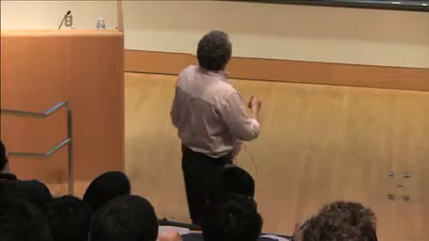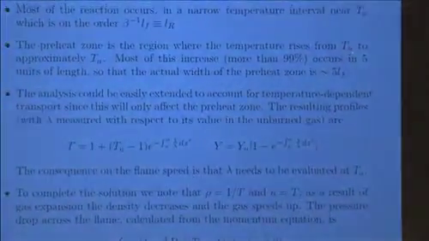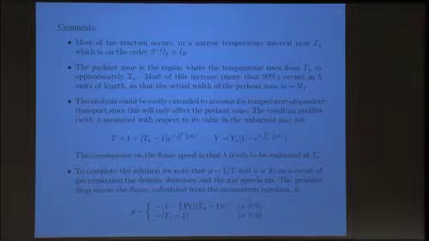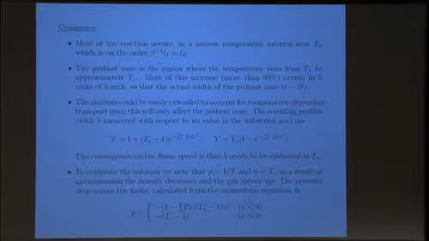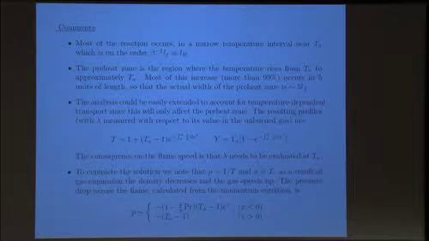So if LF is typically a fraction of a millimeter, then the reaction zone is 1/10 of that, so it's much thinner. Okay. Beta, remember, was like 10. At least for most hydrocarbons, it's a good approximation. The preheat zone is the region where the temperature rises from TU, the cold temperature, to approximately TA, the adiabatic temperature. Most of this increase, like 99% of it, occurs in 5 unit lengths because you see the